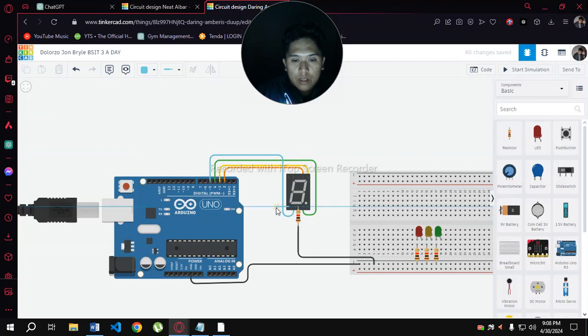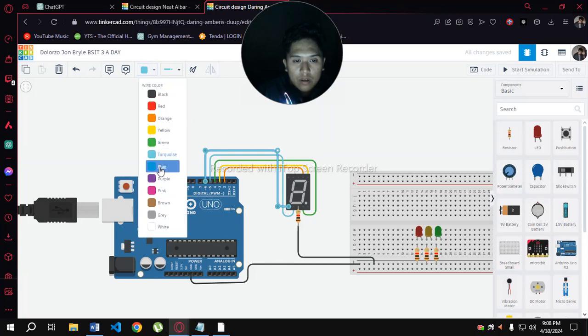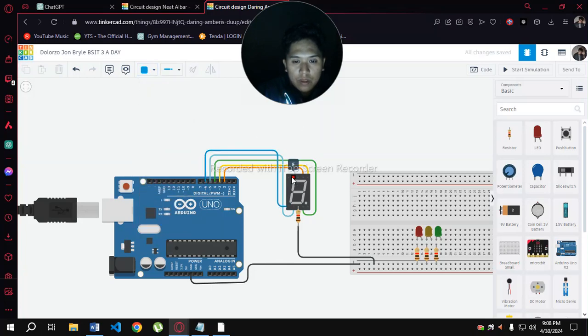Now proceed to letter E, the sixth pin, change color to blue. Now F, connect to the seventh pin and change color to purple.